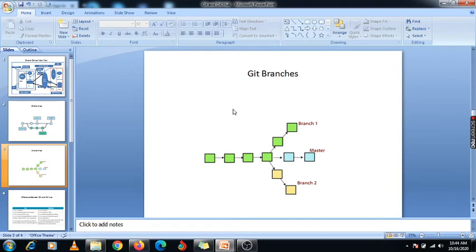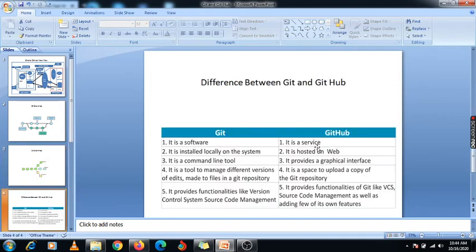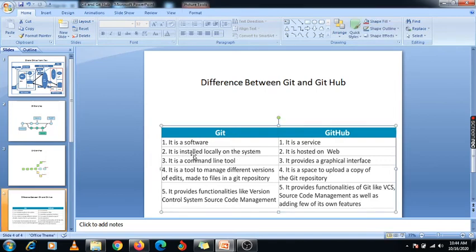We will do some demonstration of Git, and we will check the difference between Git and GitHub. Git is nothing but software, and GitHub is nothing but a service, right? Git is installed locally on your system, because it is software and we need to install it locally on your EC2 instance, or your server.